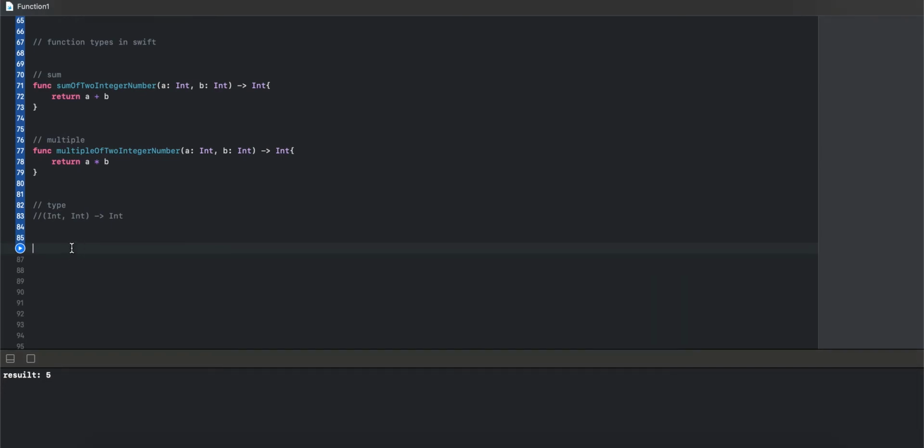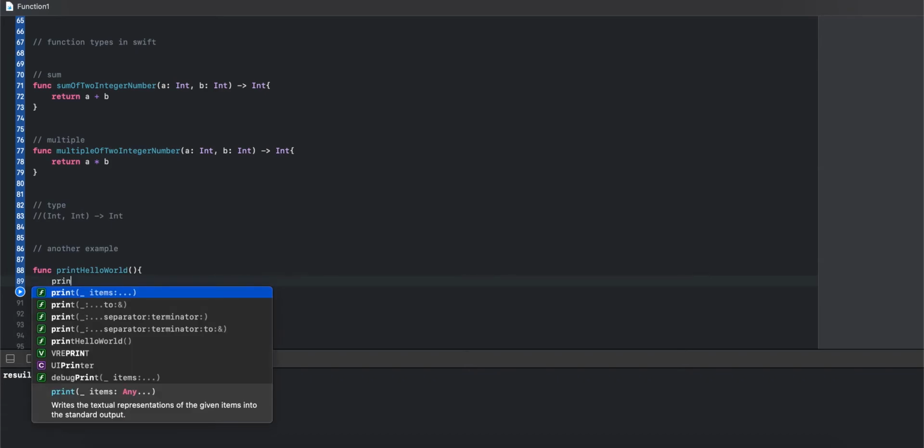And another example, for a function with no parameter or return value. We are going to create a function printHelloWorld, which has no parameter and no return value.